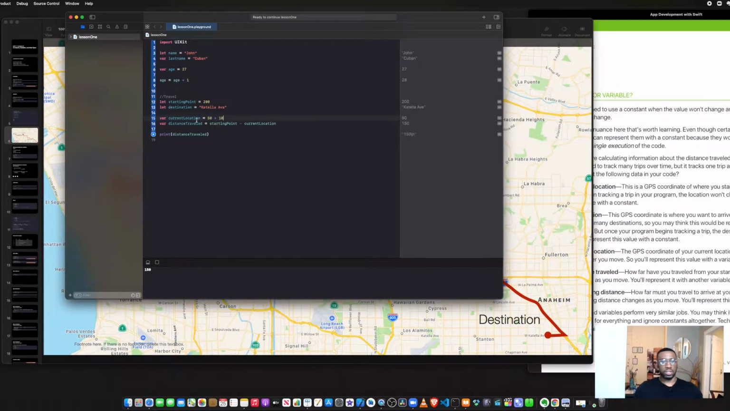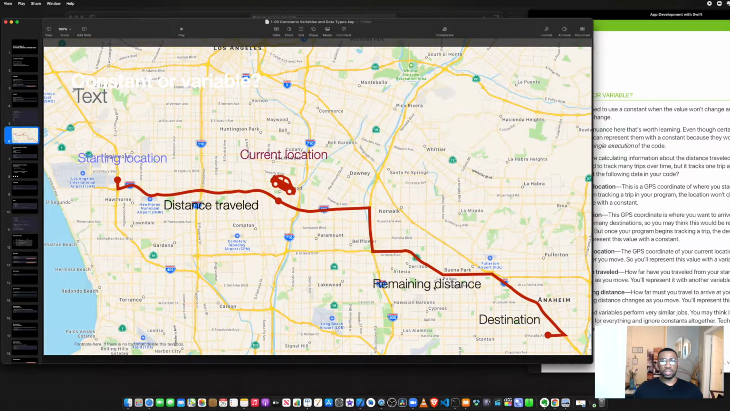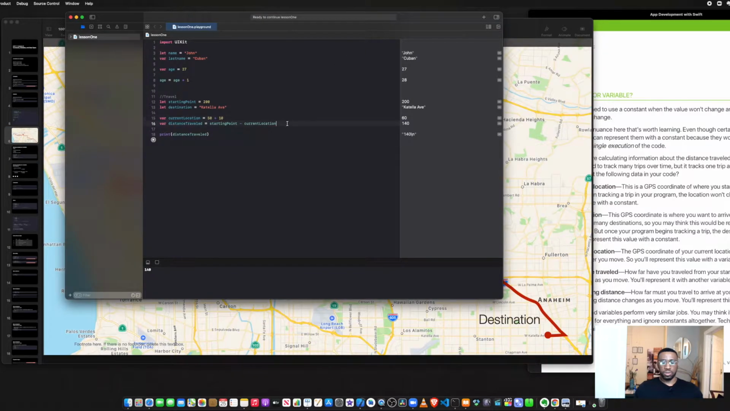And this can also get updated. So right now it's 150, but once we try and print it again, it's going to be 140. So what happens to the remaining distance, right? So remaining distance will always change as well, right? Because that one is a variable. So remaining distance could be, let's say, current location minus starting point. However I want to do that math,